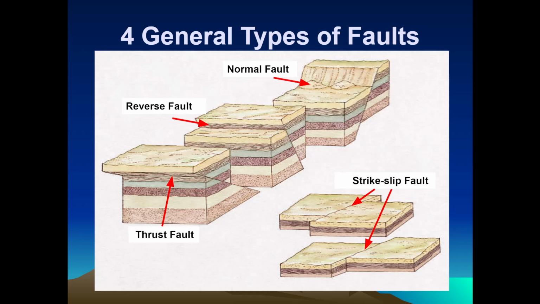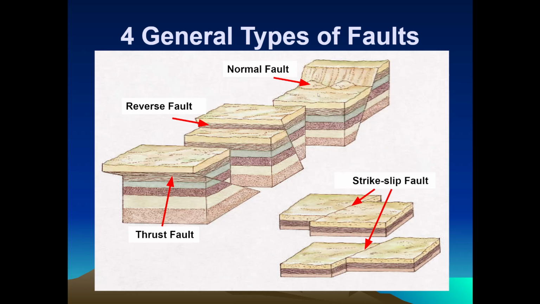And then if you pull your wrists apart, you'll see that your hand that's on top of the other one slides down it. So the hanging wall in the normal fault slides down the foot wall, and that is going to be creating a tensional fault and creating a very specific appearance